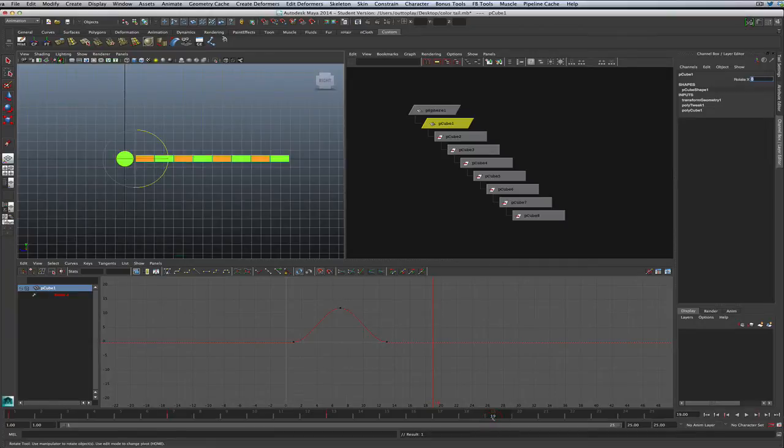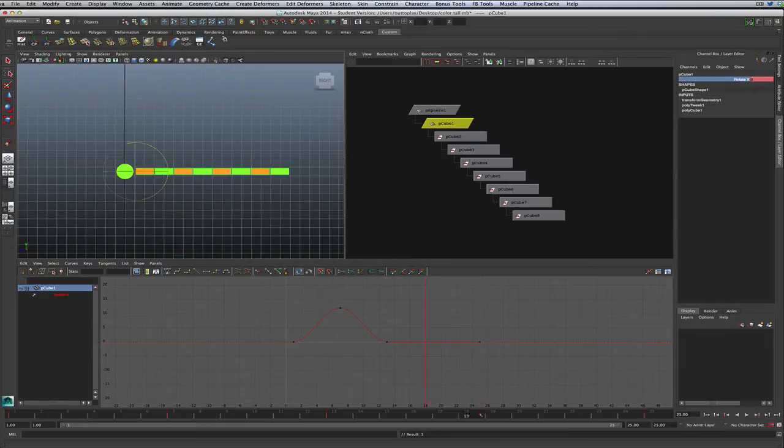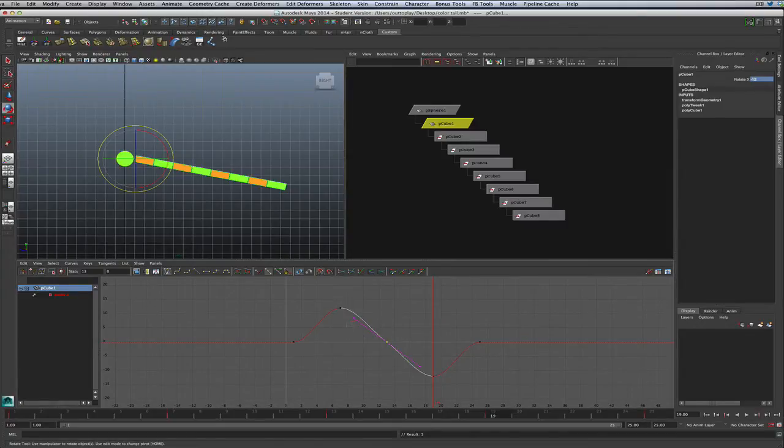At 19, which is going to be the halfway point, and since we're here, let's go to 25 and make that 0. 19 is going to be the halfway point, or the breakdown between the keys at 13 and 25. So why don't we take this at that point and rotate this down, and we will rotate this down a minus 12 degrees. Okay? So that gives us a basic rough. We could just clean this a little bit.